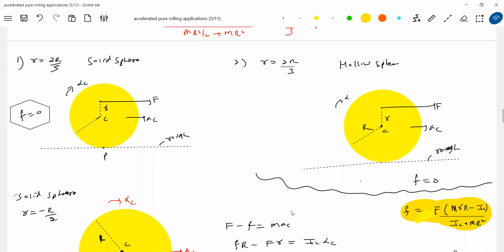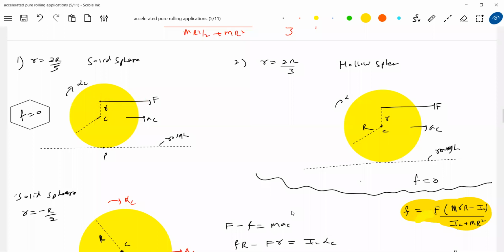What is the threshold point for a solid sphere? R by 2. So 2R by 5, sorry. If you apply exactly at 2R by 5 above the center of mass, that is the threshold point, friction will be 0. If you apply anywhere above here, the friction will act in the direction of applied force. If you apply anywhere below the threshold point, anywhere here, friction will act opposite to applied force. Anywhere below the center of mass is not the reference; the threshold point is the reference. Above the threshold point, the friction will act in the direction of applied force. At the threshold point, friction will be 0.